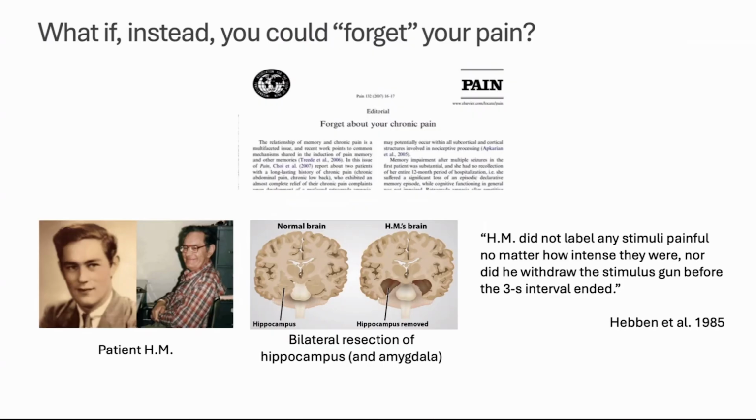And this is something that is not very well described, but there's a very interesting case study in patient HM, which is a very famous neurological clinical case study, where this patient, because of intractable epilepsy, had his amygdala and hippocampus removed. So this patient could not form new memories. Most people study these subjects based on their ability to form memories and their affective state, but almost no one really looked at whether he could still feel pain. But there was one study that actually tried to test whether patient HM could feel pain despite not having a hippocampus and amygdala.